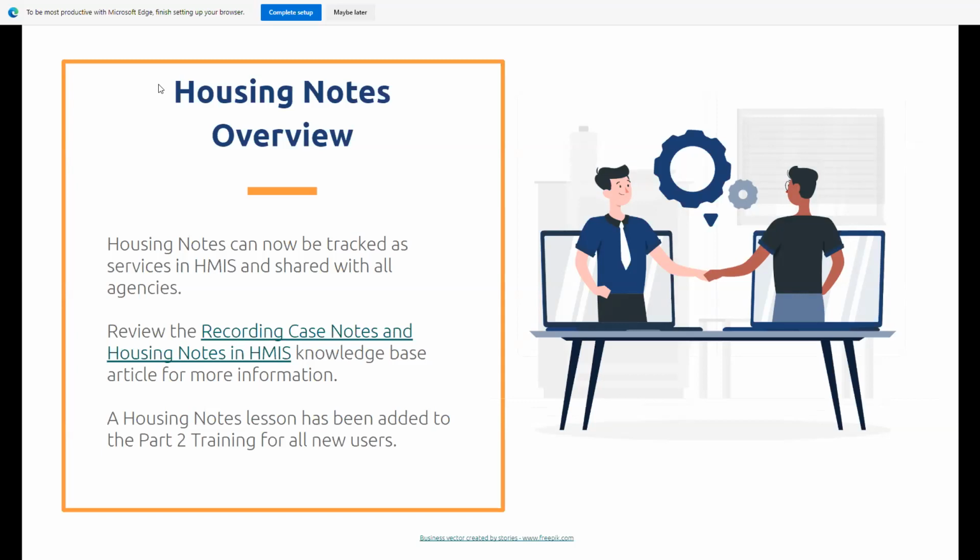But we also wanted to develop a way for users to enter housing notes for their clients that could be shared with the rest of the COC to help streamline the housing process for the client and increase coordination among the agencies. So this is to go over what that new process is.